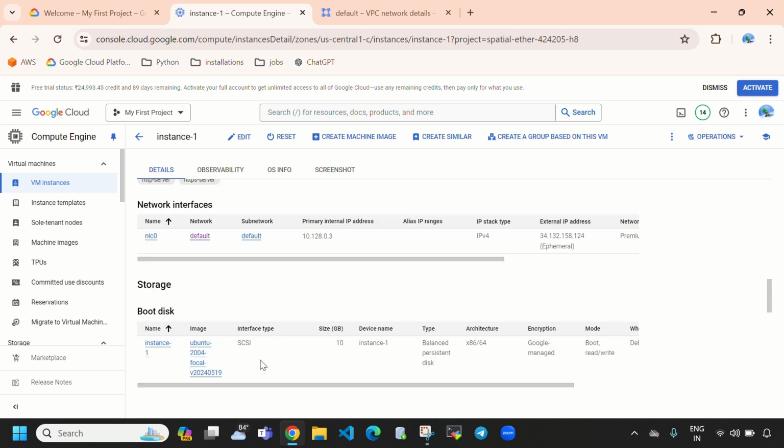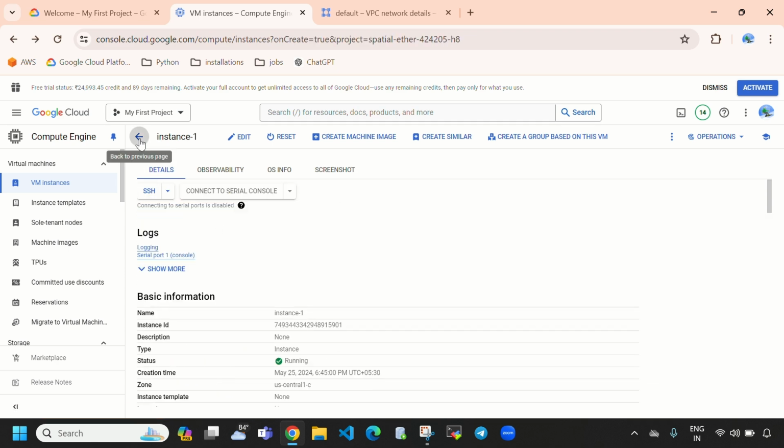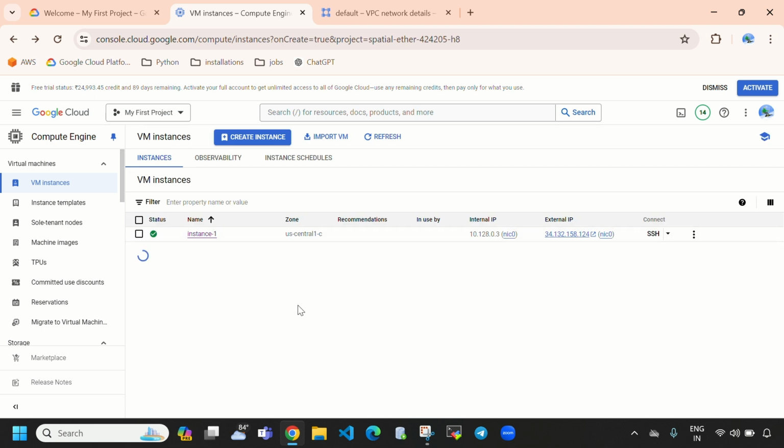Here you can see this is the boot disk we have created with 10 GB. We have created Ubuntu, so here you can see the image Ubuntu, and this is the instance name. So this is all about this. Let's go back. So let's connect to this